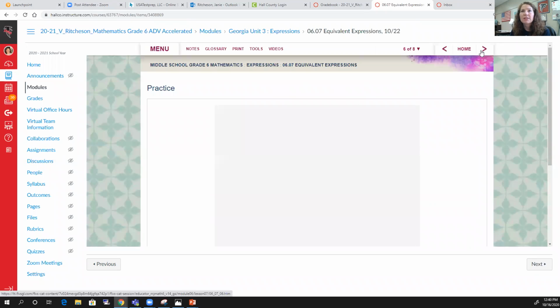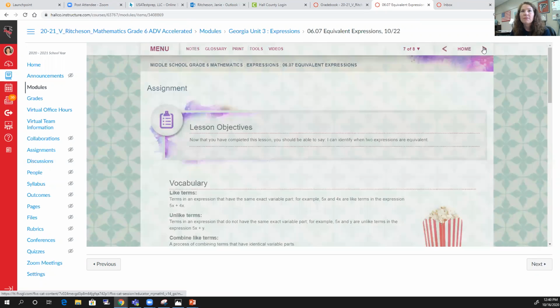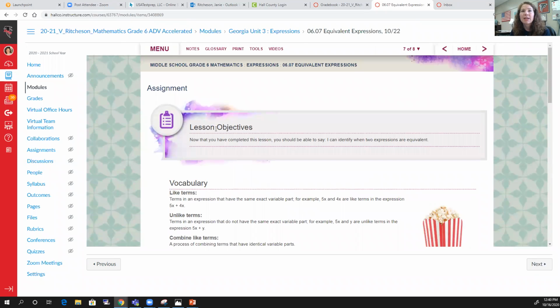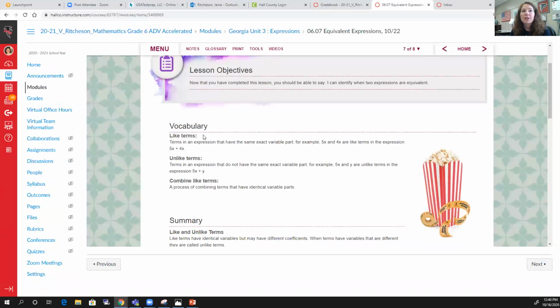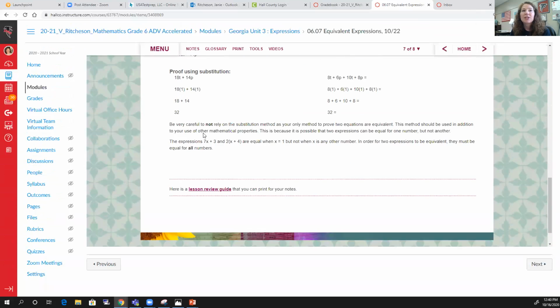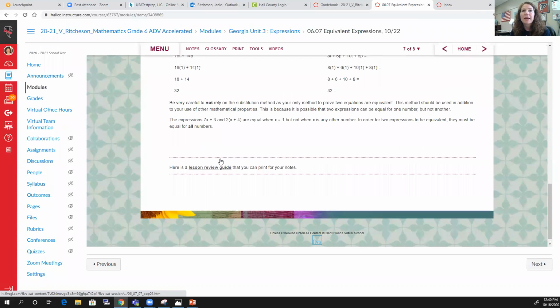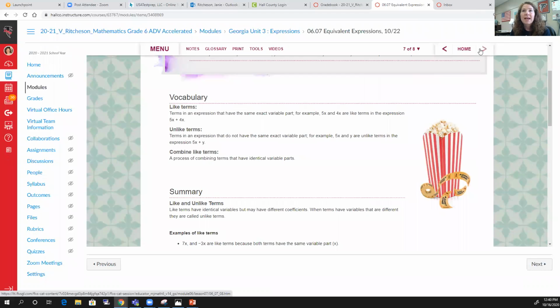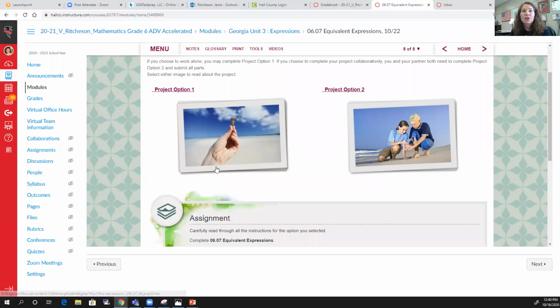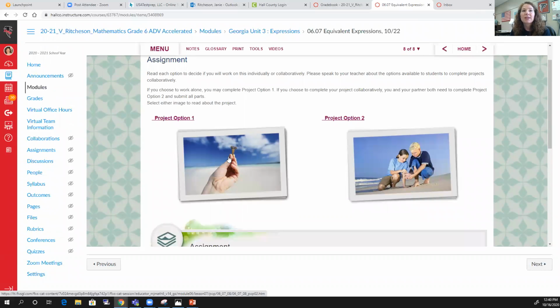So you're going to get through this whole section. Page 7 of 8 gives you your lesson objective. Can you do this? Look at your vocabulary terms. Look at your summary. This is a great page to print and put in your math notebook. Now, when you get to page 8, it's going to give you a project option, option 1 or option 2. So when you click on here, it gives you a page and it asks you some questions. If you go to next,